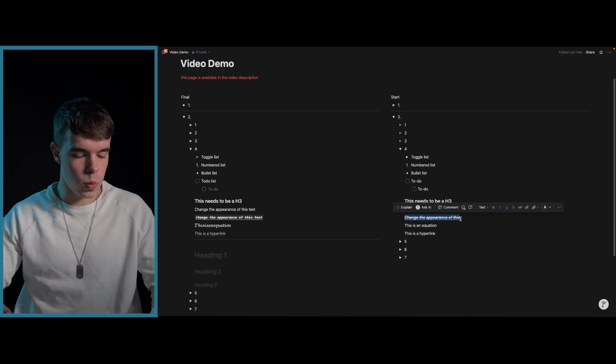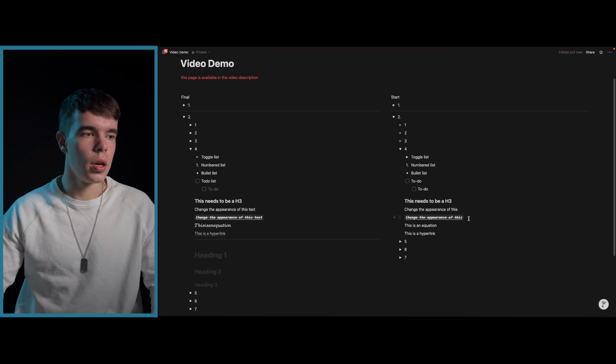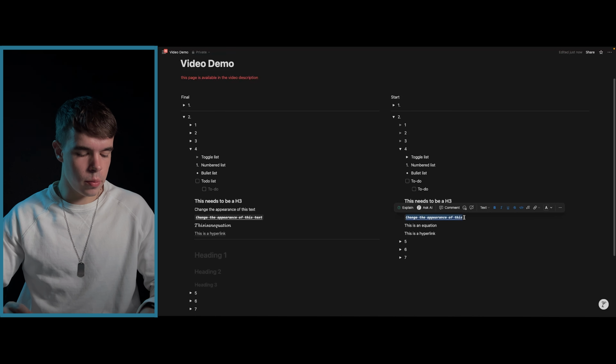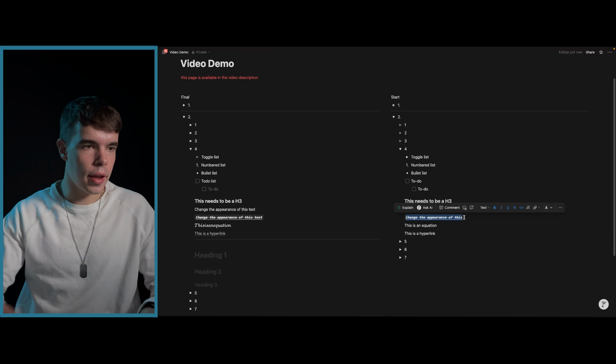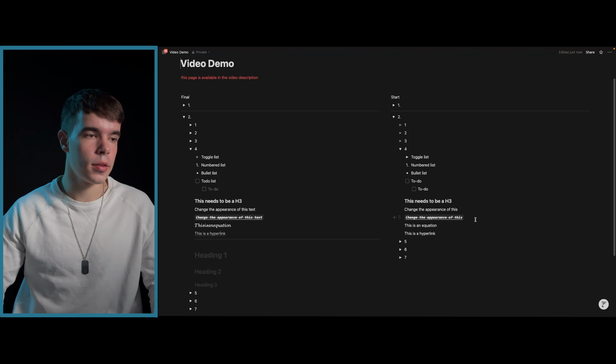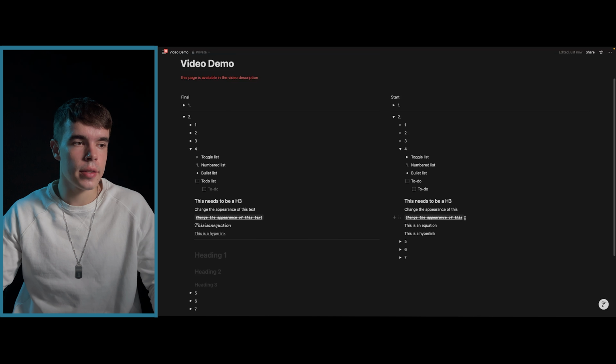Then we can press Command E, and this will change this into code, where we can also change the text color as well as the background color of our text. Now for text, there is no shortcut that will give you access to a specific color. The only thing you can do is press Command, Shift and H, and this will give you the last color applied. In this case, it's white, so there is no change. If I had used blue as my last color, if I pressed Command, Shift and H, this text would turn